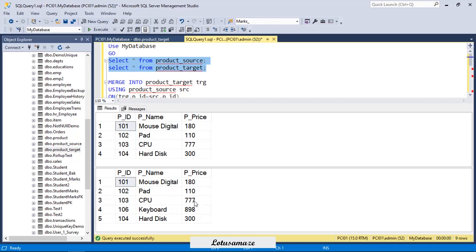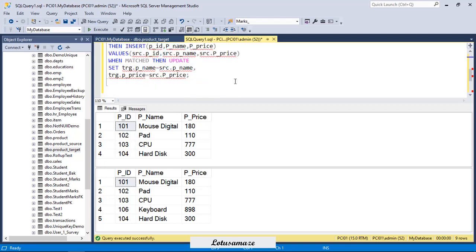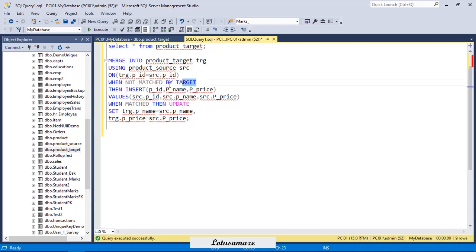Okay. The third one is the delete. So 106 keyboard does not exist in the source table. So when not matched by source, then delete.